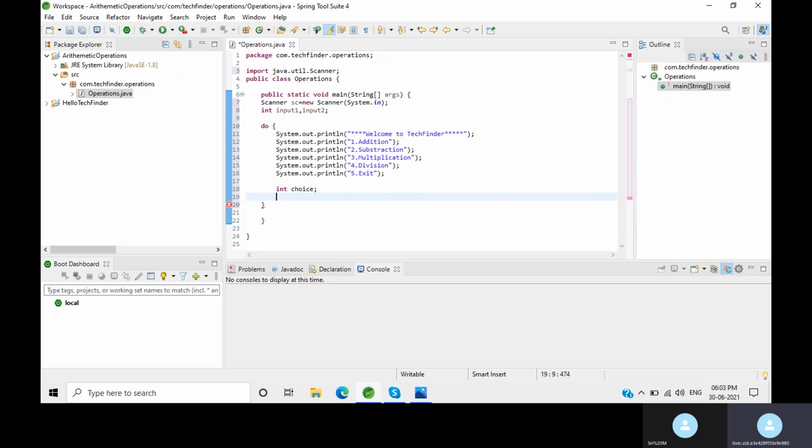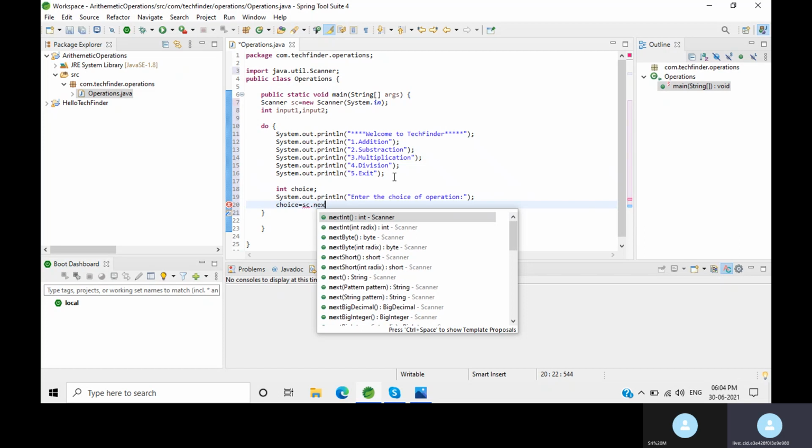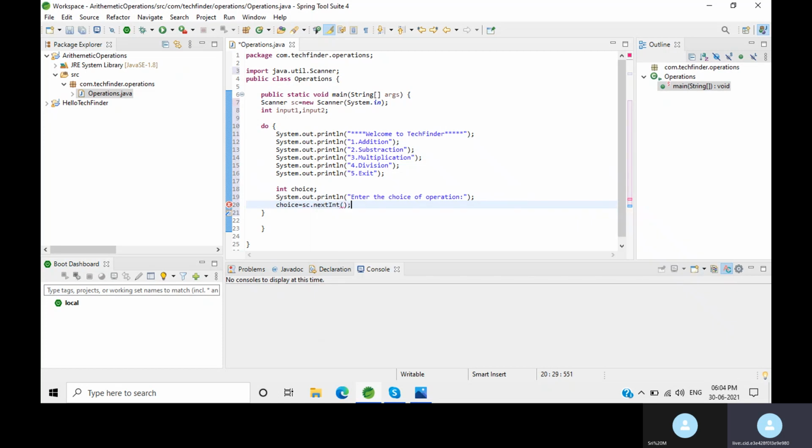So int choice. Now we need to prompt the user to enter the choice with a sysout statement: Enter the choice of operation. Then choice equal to sc.nextInt.